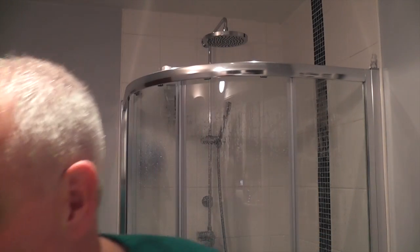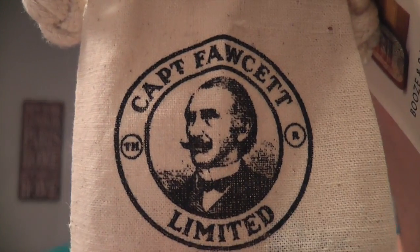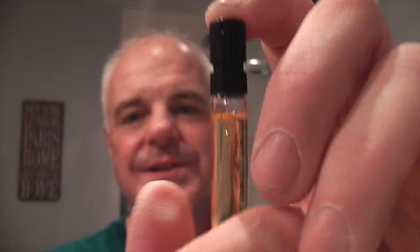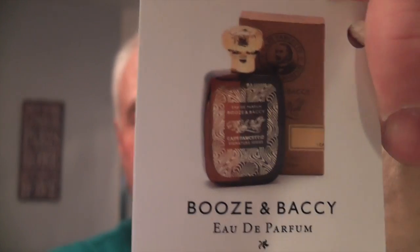I'm going to use something that Ian at the Gentleman's Groom Room, when I bought this soap, gave me a little sample of, which I'm going to use today, and it comes in this little bag. Capt Fawcett Limited. This is a little jute bag, and here's the sample. This is a Parfum, which is stronger than an EDT. This is called Capt Fawcett. They do a lot of beard oils and beard balms, but they're branching out into shaving stuff. I'm not sure if they're a UK company, but the website, everything I looked at was all in British pounds. So yeah, but anyway, this is called Booze and Baccy,